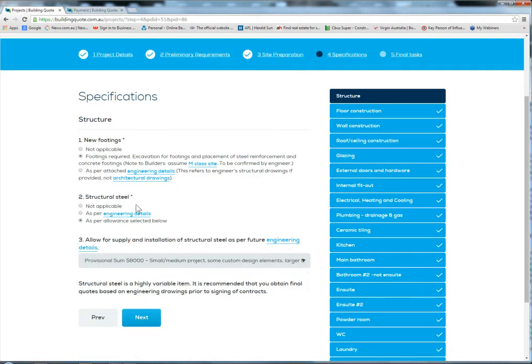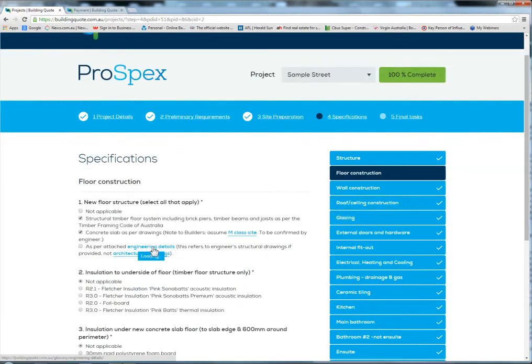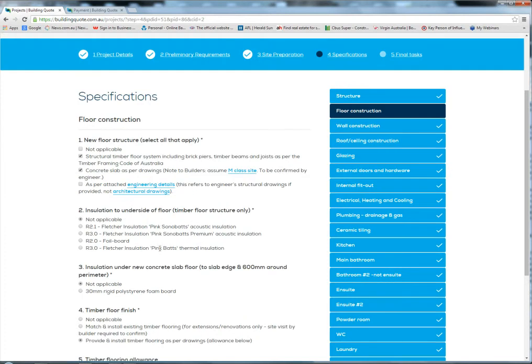And so it goes throughout, where we select the radio button or item in the drop-down menu that is relevant to our particular project. And each time we hit the next button, it saves us and goes to the next page. You'll see on the right hand side here, now that we're in the specifications part of the ProSpex, that we've got a sidebar menu which will take us through the various components that are located within the specifications area of the ProSpex. If I jump down to kitchen,